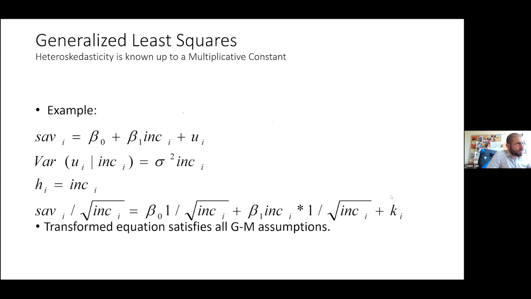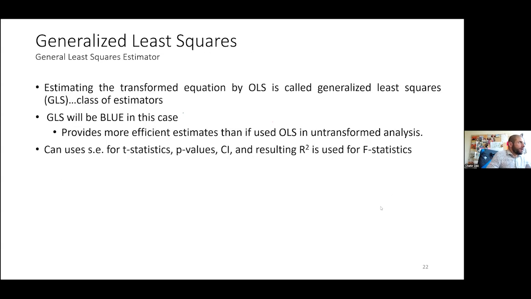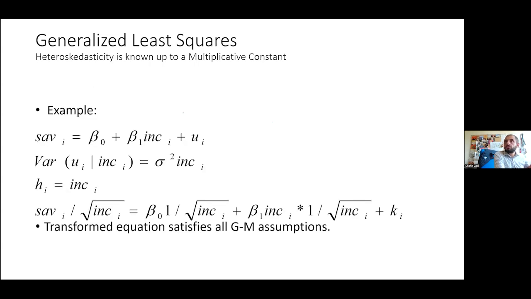plus, sorry, not a constant, plus a part here, k, that now we're going to have a new error term that is constant, right? Which is here k_i. So in this case, if I'm able to do this condition on the fact that I know the type of